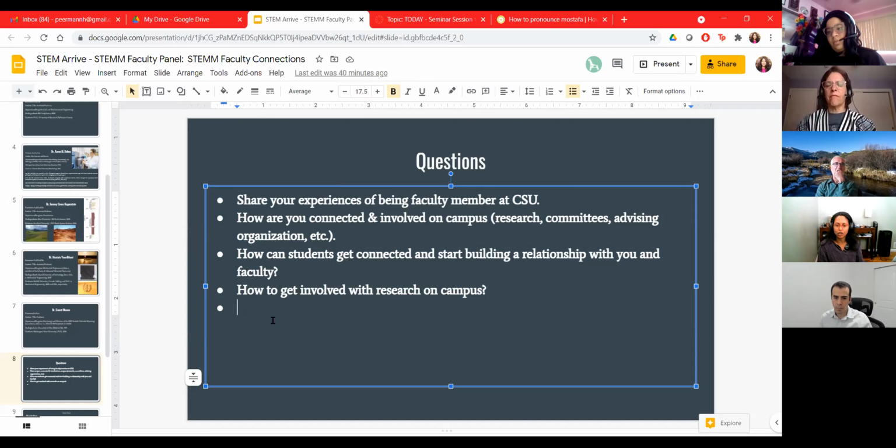And if you're not sure what area you're interested in, or if they have availability, I think each department will have undergraduate advisors who could also serve as resources, kind of coordinators for who might have research availability. I should have mentioned that as one of the experiences of being a faculty member is